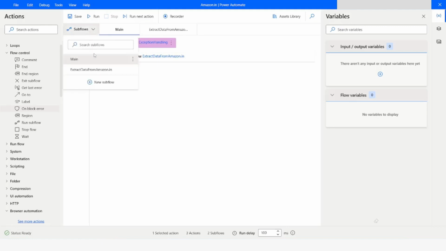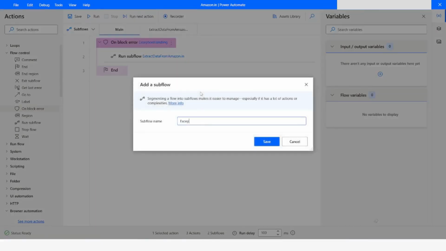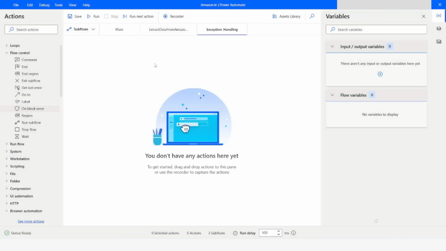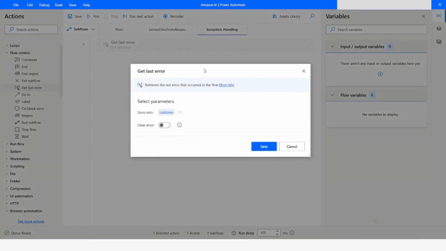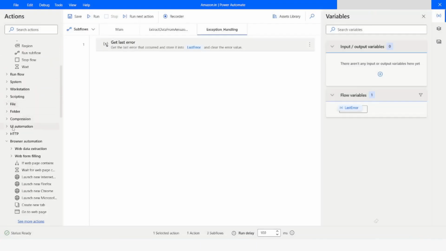We will create one more subflow which will be named Exception handling, and here we will take Get last error. So in case there is any error in the Extract data from Amazon.in subflow, it will come and take the last error information, and then we will go to